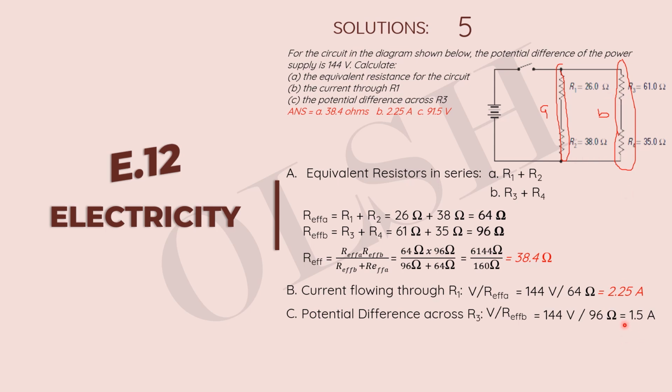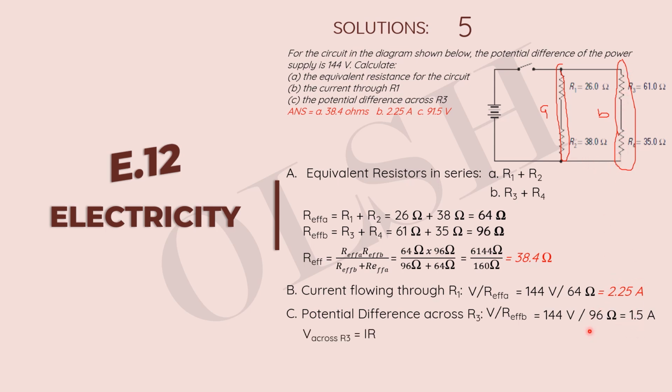So we can see that it's evident that the current that flows through this path is more than the current that flows through this path, which actually means that current flows through the path where it's least resisted. So we have 2.25 amps flowing through this network, and we have 1.5 amps flowing through this network. All right, so we have 1.5 amps here